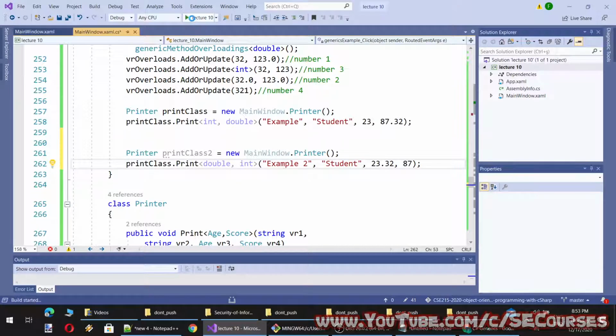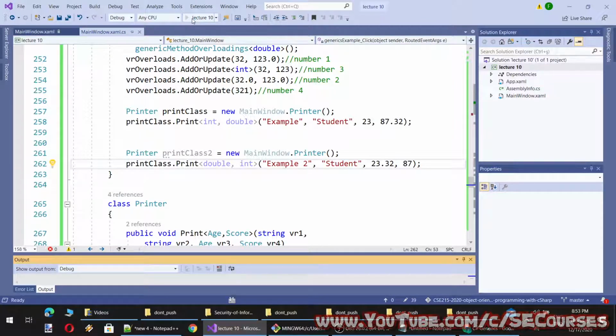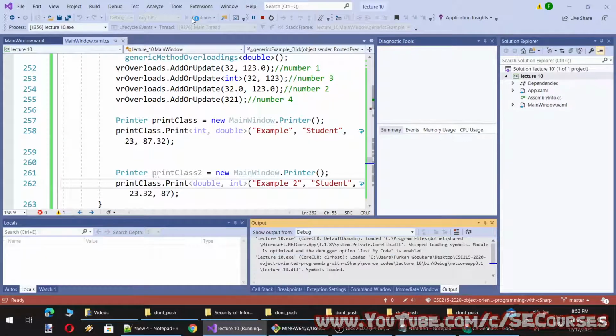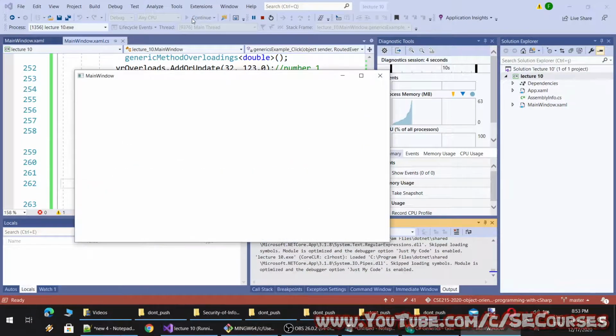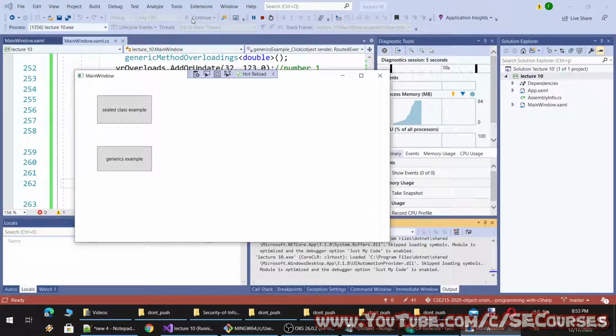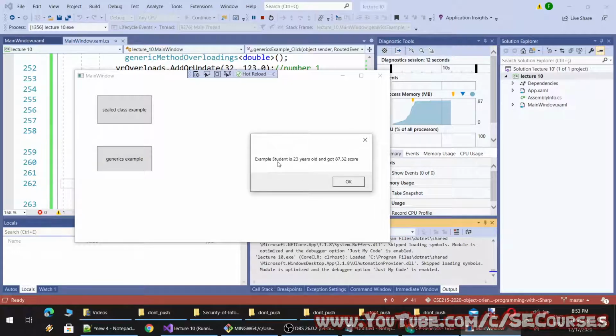Okay, it is up to me to decide which types it will be using. Okay, number 1, 3, 2, 4, and example student is 23 years old and got 78. You see, it has used the comma instead of dot.